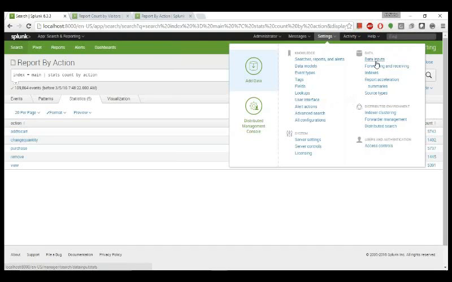If you can recall, in last day's session I used this link, Data inputs, while onboarding the data. I didn't explain the whole thing, but I used this particular link. And these three I explained on the first day's session. Now today I'll show you this particular link: Searches, reports, and alerts. So if I click on it,